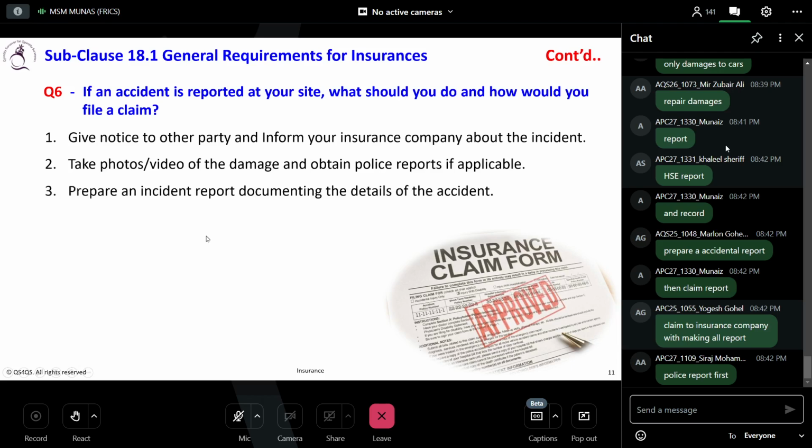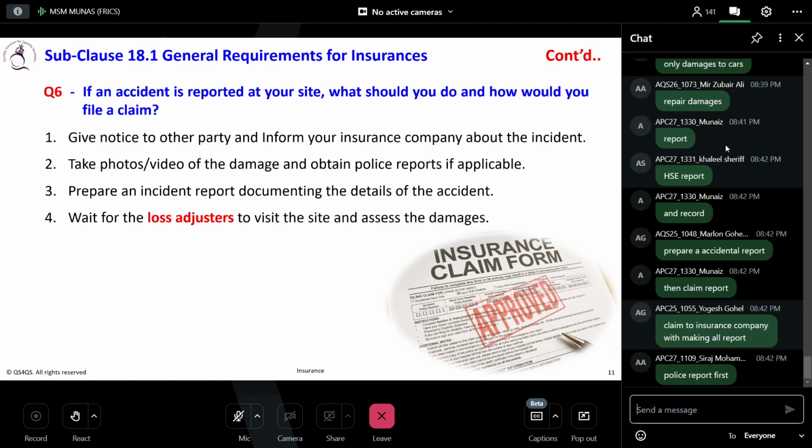Second, you have to prepare the incident report. Now every site has the incident report. So you must have the format already. So you have to take the records and you have to prepare the reports. So all the things will be mentioned in the report. Then